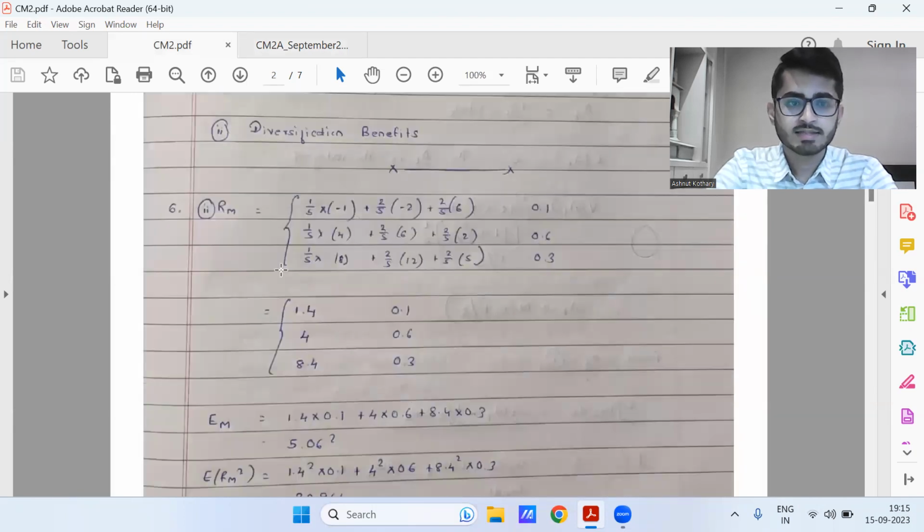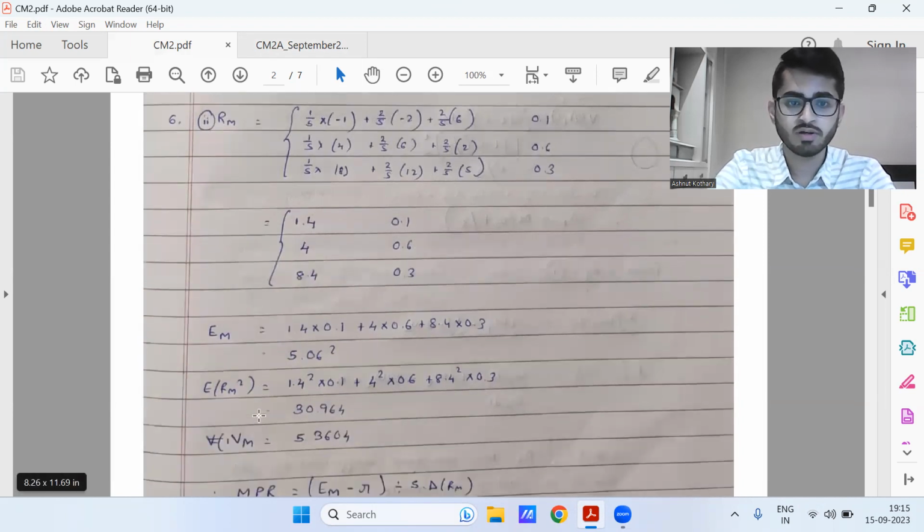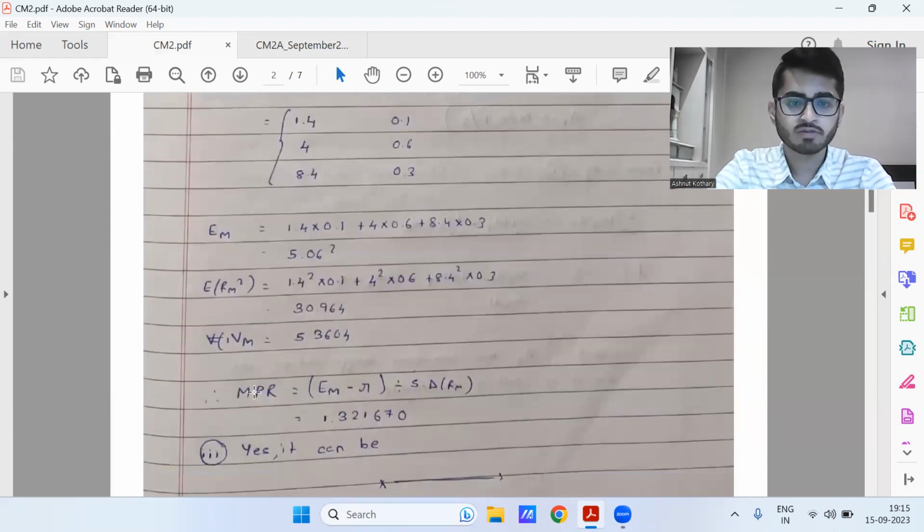So this is question 6. I am first computing the market returns. So the market capitalization has been given. So the ratio is 1 by 5, 2 by 5, and 2 by 5 for property, equity, and bond respectively. So it's coming out to be 1.44 and 8.4 with these probabilities. Expectation is coming out to be 5.06%. Expectation of RM square is coming out to be 30.964. So variance of M is coming out to be 5.3604. And the market price of risk which I'm getting is